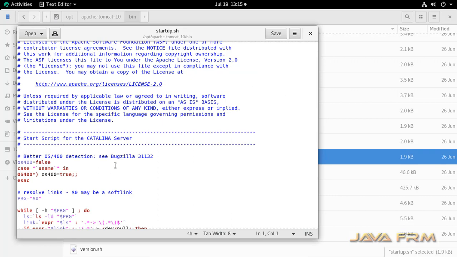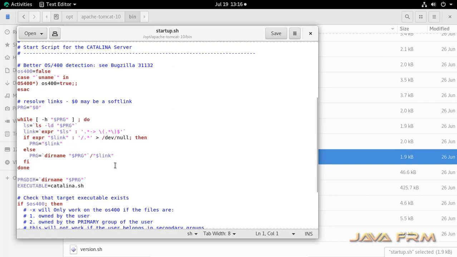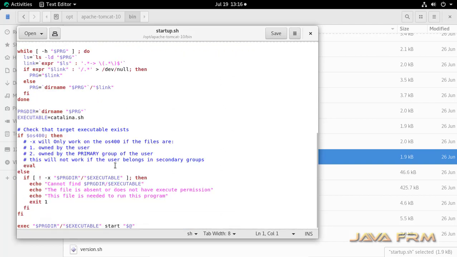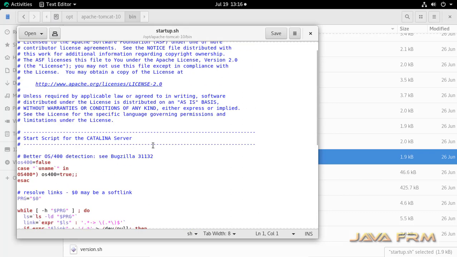If you did not set the JAVA_HOME environment variable, this shell script will not work. Make sure that you have set the environment variable JAVA_HOME. Okay, let me close this startup.sh.